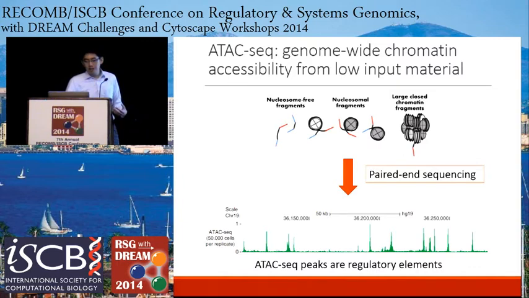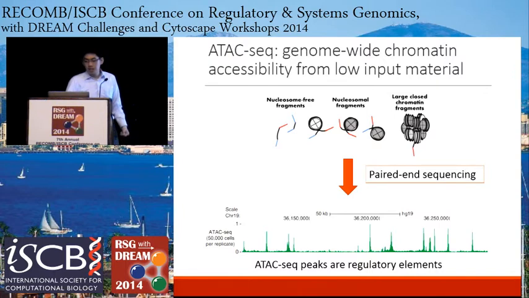One important point here is that the peaks that you can get from the ATAC-seq signal would correspond to regulatory elements, just like DNase peaks correspond to regulatory elements. But this picture doesn't reveal the full power, so to speak, of the ATAC-seq assay, because it only shows you the information about the cut site, the accessibility. But because we do paired-end sequencing, we in fact get more information about the fragment lengths of these different